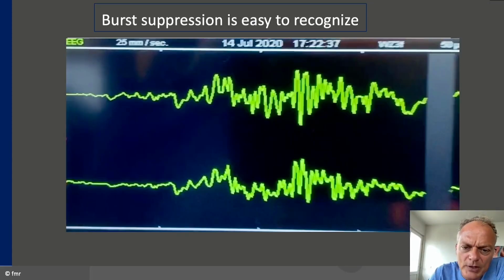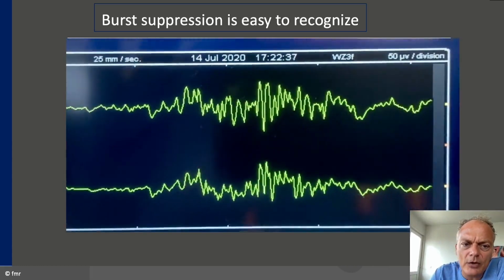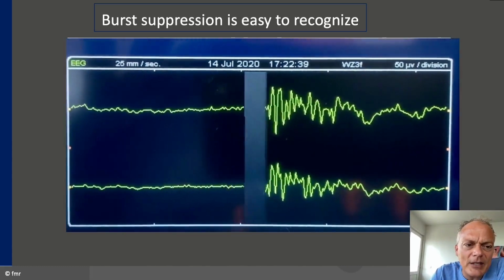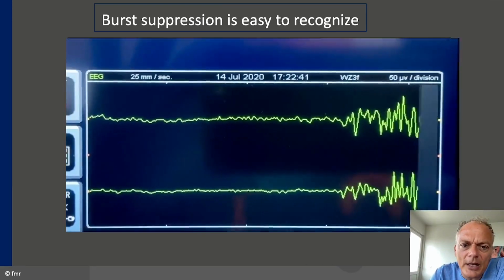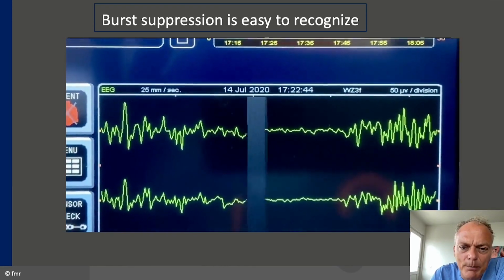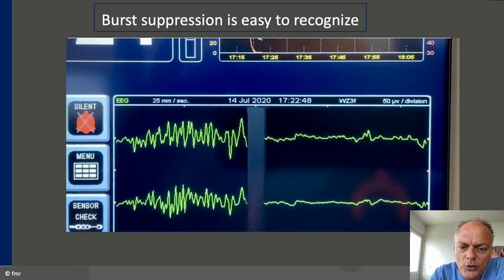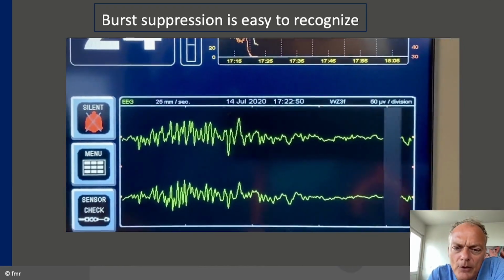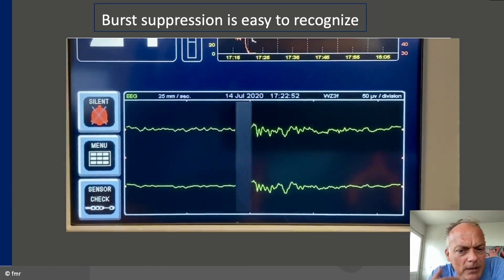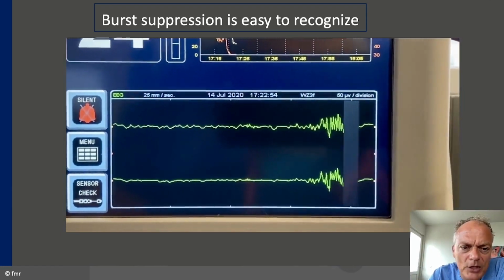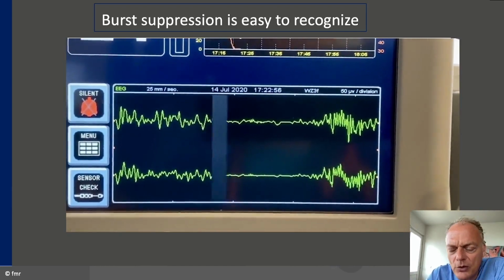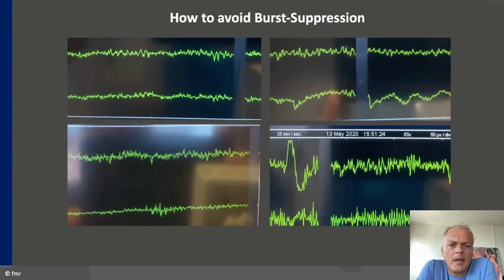And burst suppression is, again, very easy to recognize in the clinical routine. When you induce your patient and look at the raw EEG, you can easily recognize it. It's these isoelectric phases in interchange with alpha-dominant bursts, followed by isoelectric phases. If you see this, you have generally speaking over-titrated your patient. Easy to recognize. You don't need to be an EEG specialist to see that, and to adjust your anesthesia accordingly.